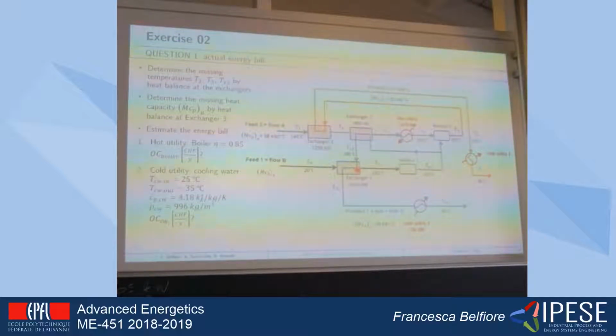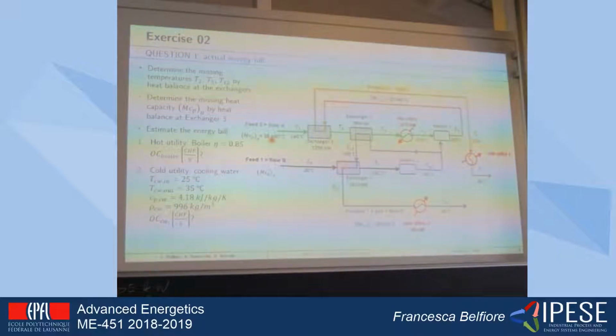So as usual, you have to apply energy balances and mass balances to have all the temperatures of the process. So for example, you are missing the temperature 2, 3, and 12. Temperature 2 is here. You have the heat exchanger 1, you know the heat load of the heat exchanger 1, and you also have the heat capacity of flow A, which is specified in the project description. So with the energy balance, you will be able to calculate the temperature T2. And you will proceed in that way to compute the temperature 3 and temperature 12, as well as the heat capacity of stream B, which is unknown.